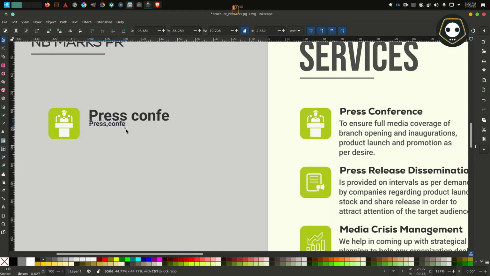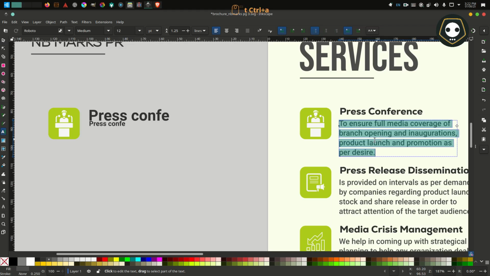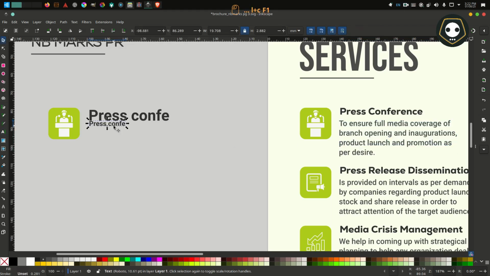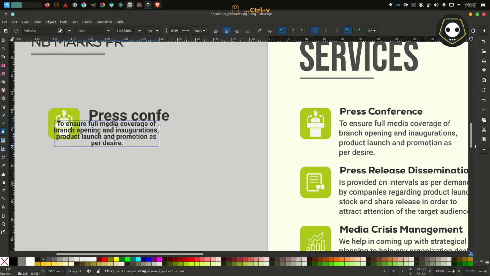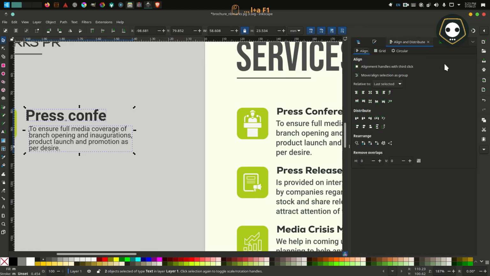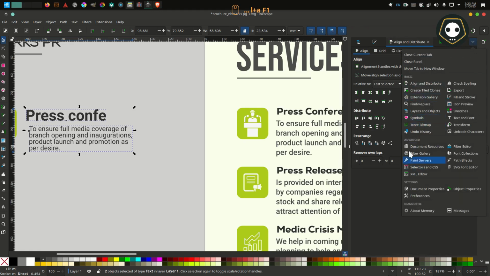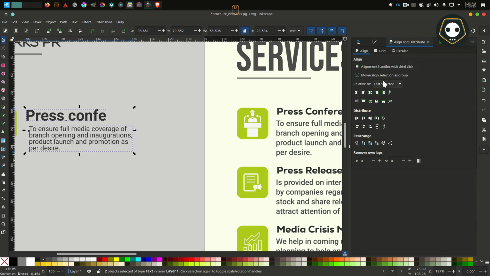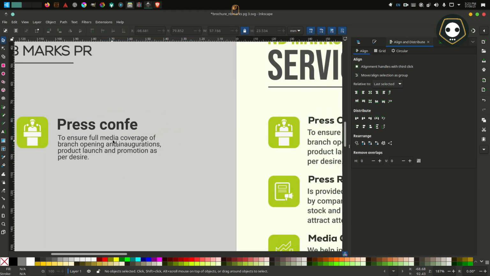Change the text and change the weight to medium, or you can use the normal font. To align this text, use the align button. You can find the aligner in here, or select the last selected and select this one. So you can see here.